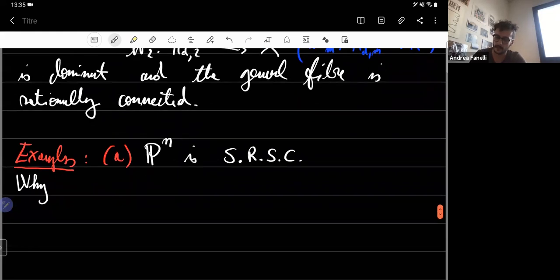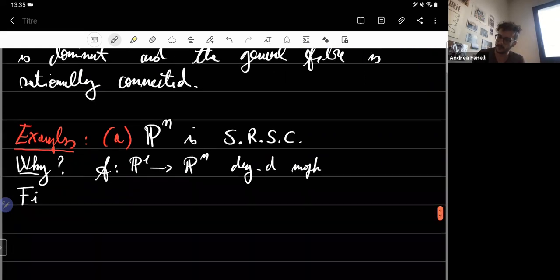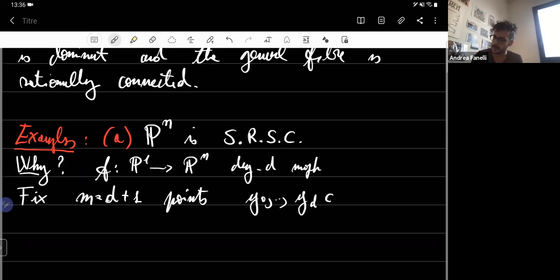Let me also give you an idea of this. When you want to parameterize, this is the first kind of exercise you do when you look at rational curves on projective varieties. So a degree d morphism. What you do is you fix d plus 1 points, let me call them y_0 to y_d in P^n,